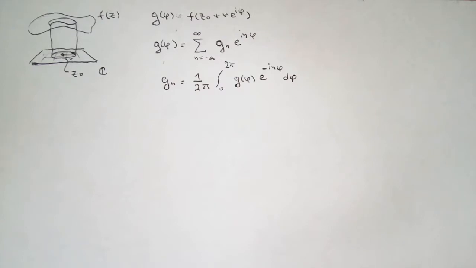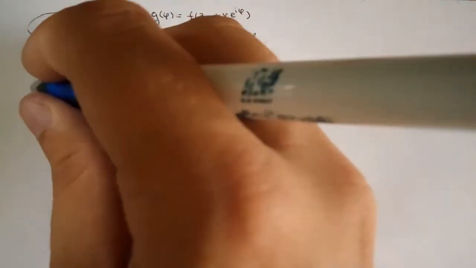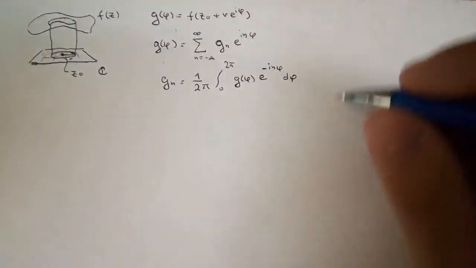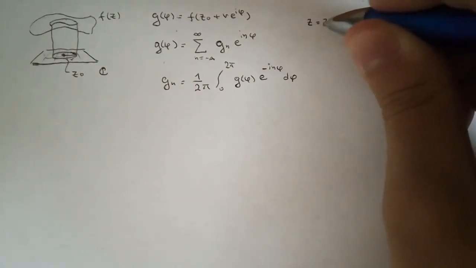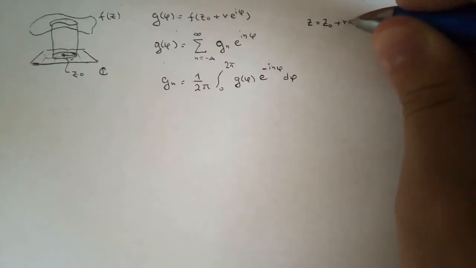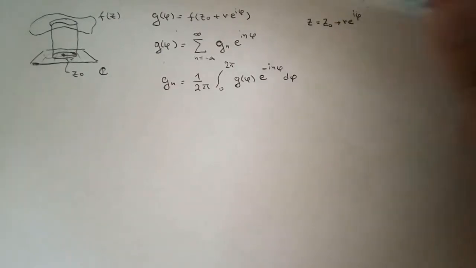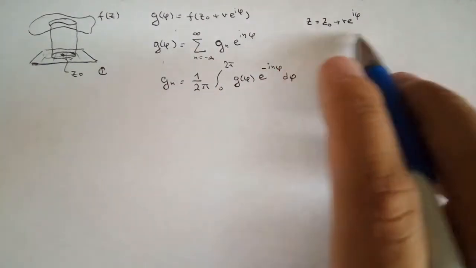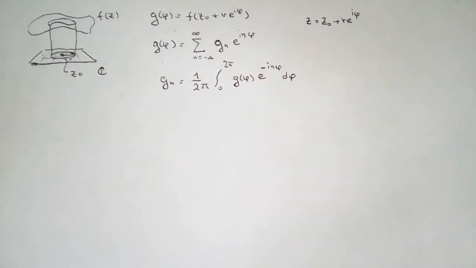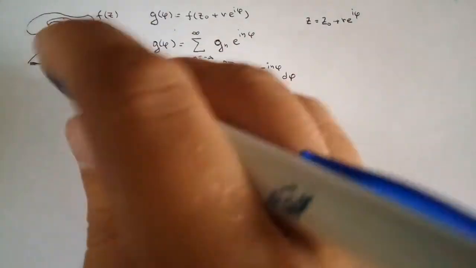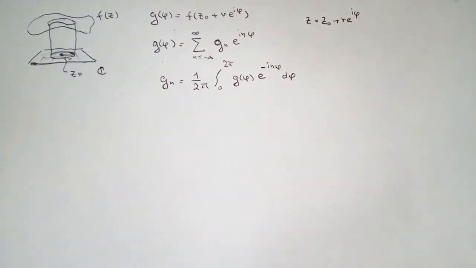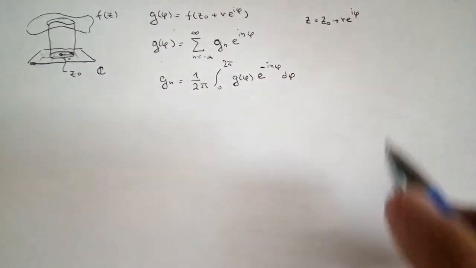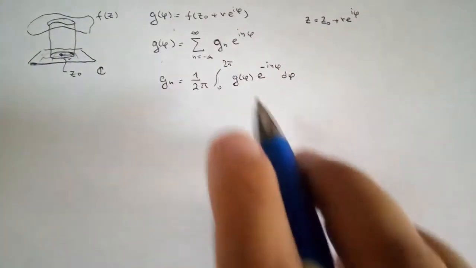Let us imagine we perform a substitution. Let us imagine that z is equal to z0 plus r times e to the power of i phi. This is just some complex number, and let us imagine you have this complex number defined as this. So this is basically some complex number on this circle. Well, okay, so that means that since this holds, you are able to express e to the power